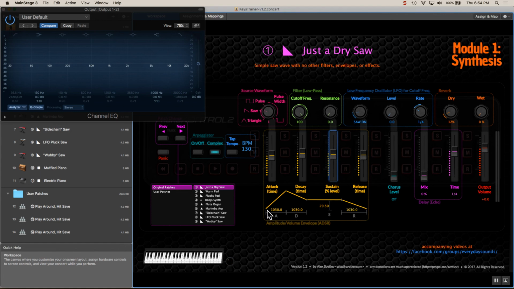One more time, I'm going to follow this. 1 Mississippi, 2 Mississippi, and then now it's staying here as long as you hold it. This is the sustain level, 30%. And then I'm going to let go. It'll take a second for that. So you can already see